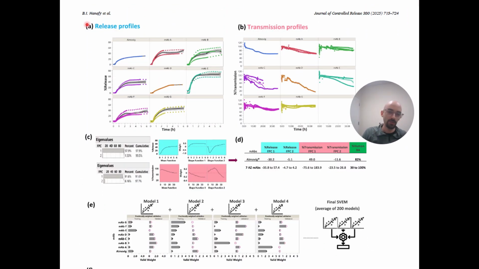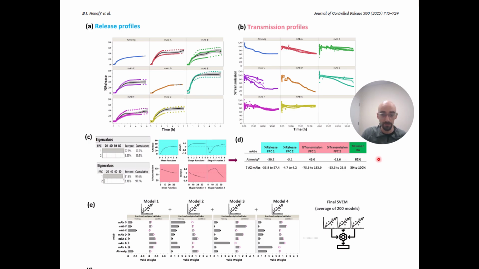A more in-depth look at the individual release profiles and transmittance profiles that came from the 8 mAb formulations can be seen here. These profiles were then fed into some eigenfunctions, and those functions can be seen in figure D with the percent weights of each individual functional principal component analysis has on each of the individual eigenvalues of those functions. The range of the functional principal component scores can be seen in the following figure, where the range of scores of the internal mAbs can be seen, as well as that compared to the external mAb that was run within